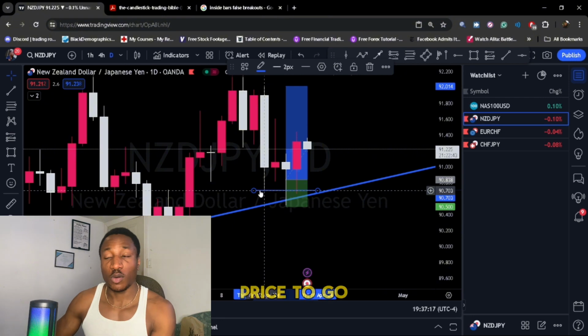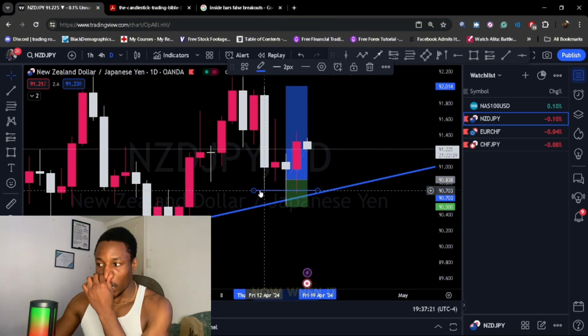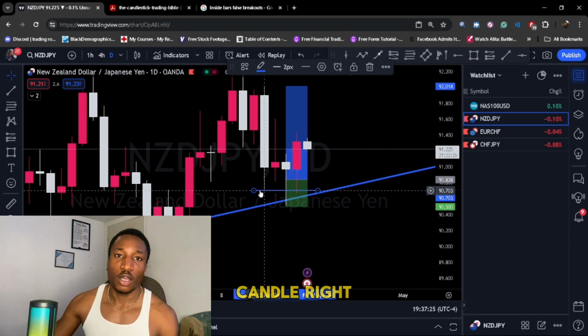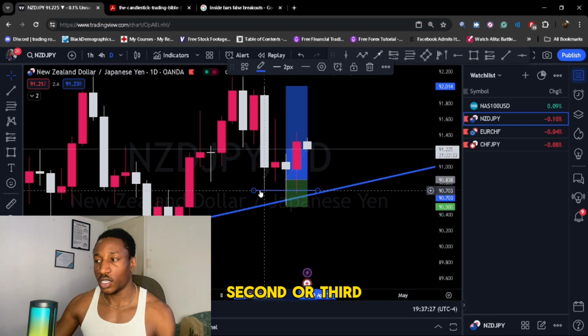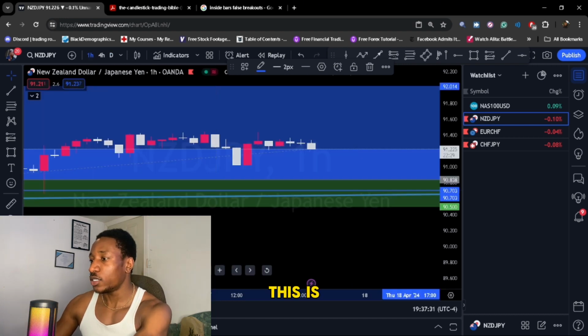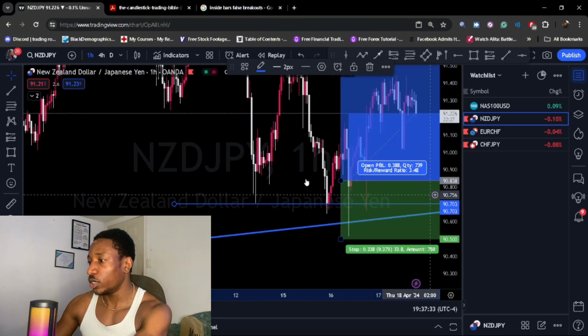So essentially you're waiting for price to go below that zone, then you find your entry. Now when it comes to finding your entry, guys, I wait for the first entry candle, right? I don't wait for the second or third, it's the first one, right? So essentially what I mean by this is once you have marked that liquidity zone, you wait for price to